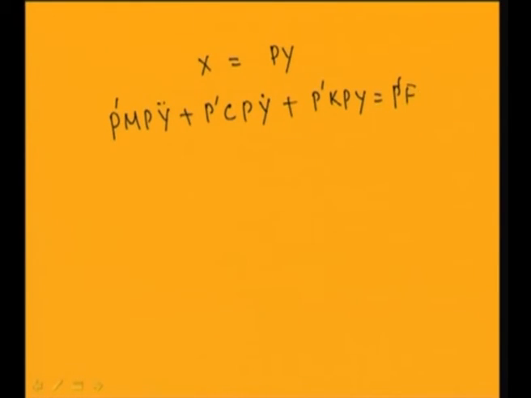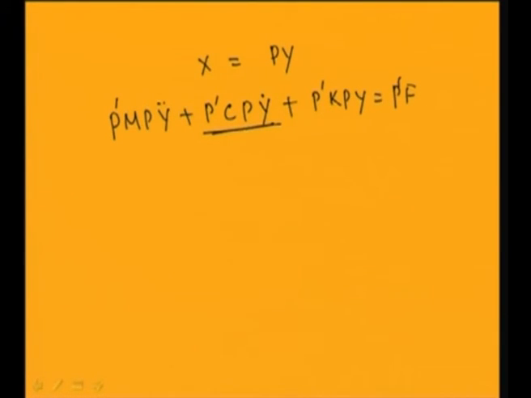So by using the modal matrix or weighted modal matrix, let us use the modal matrix X equal to Py. If you substitute that in that expression, then this equation will reduce to P transpose M P y double dot plus P transpose C P y dot plus P transpose K P y equal to P transpose F. So if this is a symmetric matrix, then it will reduce to that of a diagonal matrix,